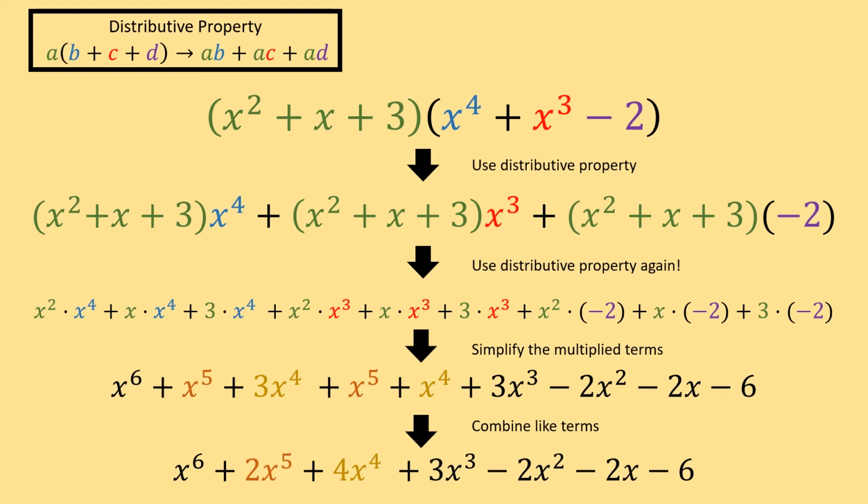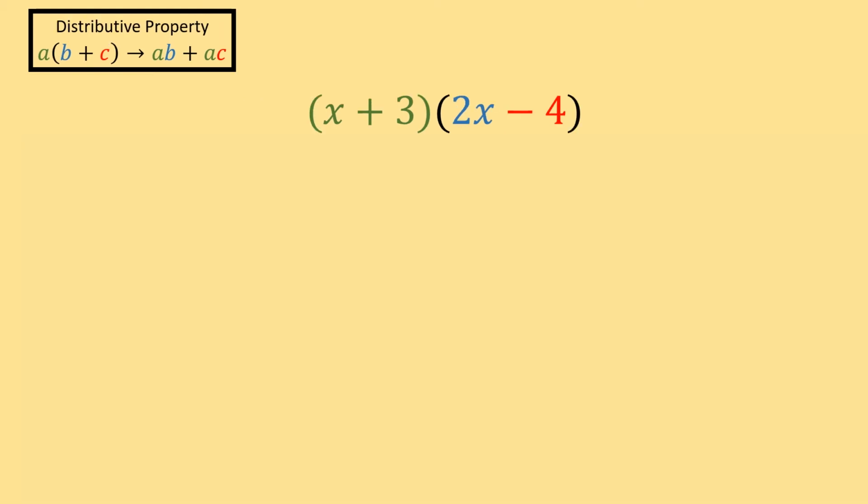And so just to show you how to use this method with two binomials as an alternative to FOIL, let's work with this problem here. We have x plus 3 times 2x minus 4. We will select one of our polynomials to be distributed into the other, and it doesn't matter which one you select, but in this case, let's let x plus 3 be the polynomial we're going to distribute into 2x minus 4. And the way we do that is we take x plus 3 and multiply it by each one of the terms within the other.